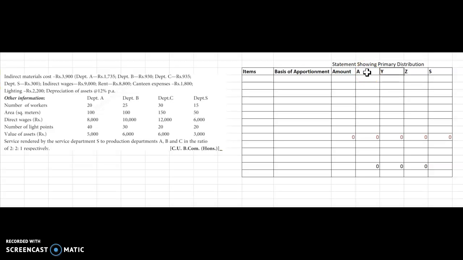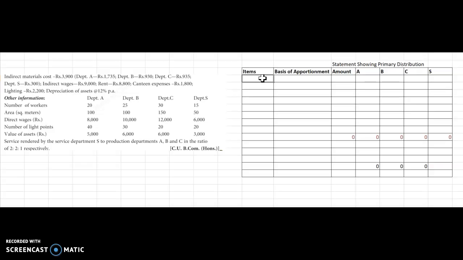Okay, so I've made my table already the way we had done it in the previous sum. So I'll just change the department names. So that is A, B, and C, and S is service. So that stays as it is. It's easier when you make this type of column because it'll be a very easy process, very simplified, and the examiner as well would be able to check your answer and your understanding very clearly. So let's get down to the sum.